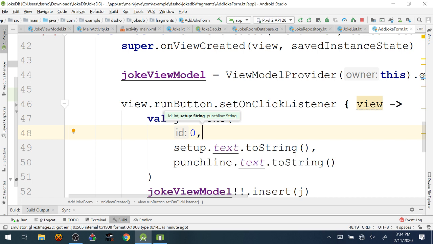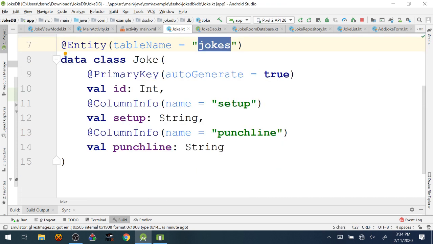Could you not have it in the constructor, but then just have it as like a something in the body? Yeah, so I could write code to make that work, but then I wouldn't be able to use this convenient data class, and it would actually end up being more code, I think, for me to take it out of the list. Don't they auto-generate getters and setters? I'm sorry? Don't they auto-generate getters and setters? So if Room uses the getters and setters to change ID, can you just have like a public field in the data class?